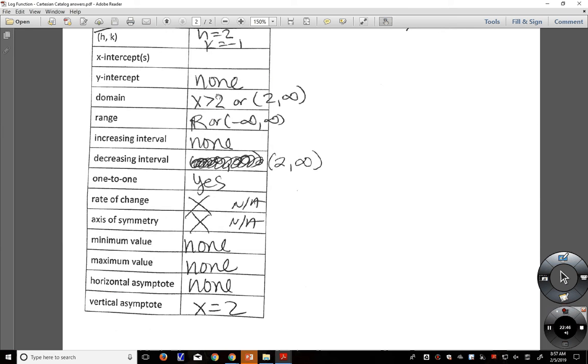So again, establish some sort of strategy that you're going to use. Are you going to build an exponential one and then flip it around, so you make like 3 charts? Are you comfortable with the log parent function because you understood it and it sits well with you? Or are you going to rewrite it as x equals 2 to the y and use those values to build the parent function? Make sure you have an idea of what you're going to do, because even if you understand this whole process, if you don't have a way to establish a parent function, you're going to struggle getting the graph and the information. So that's going to be a key step for you to be able to do. Okay. Any questions about